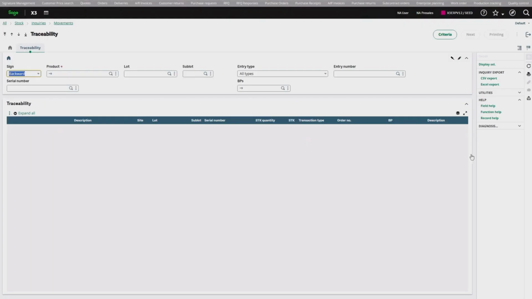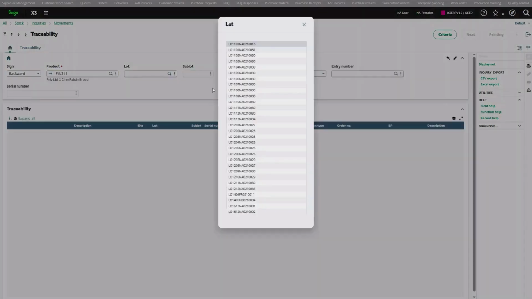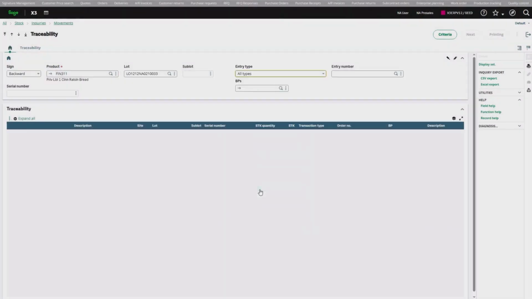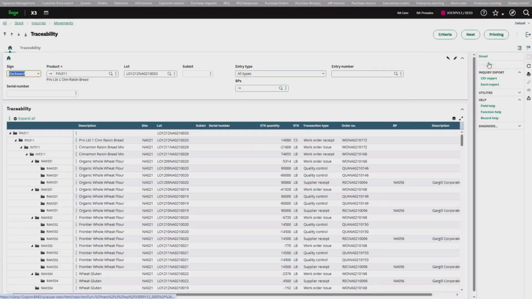Using the product traceability tool, the bakery team initiated a backward trace on the specified lot. With Sage X3, the team traced the issue to raw 331 organic whole wheat flour, flagged